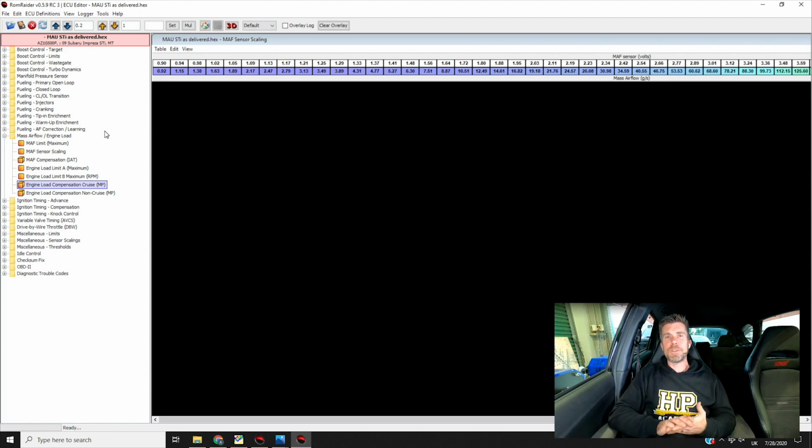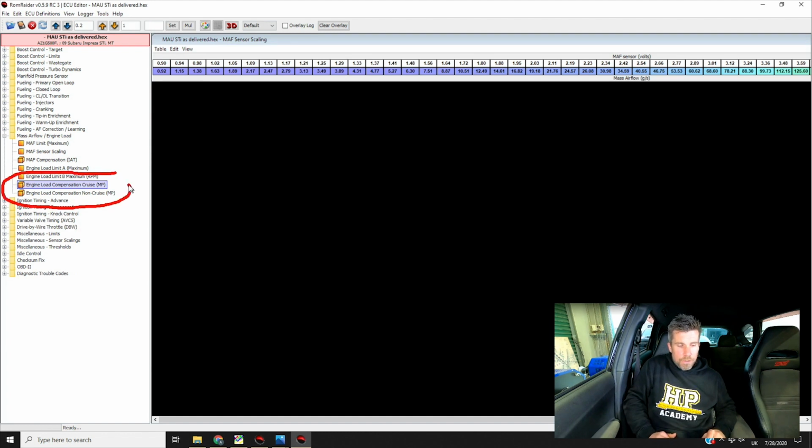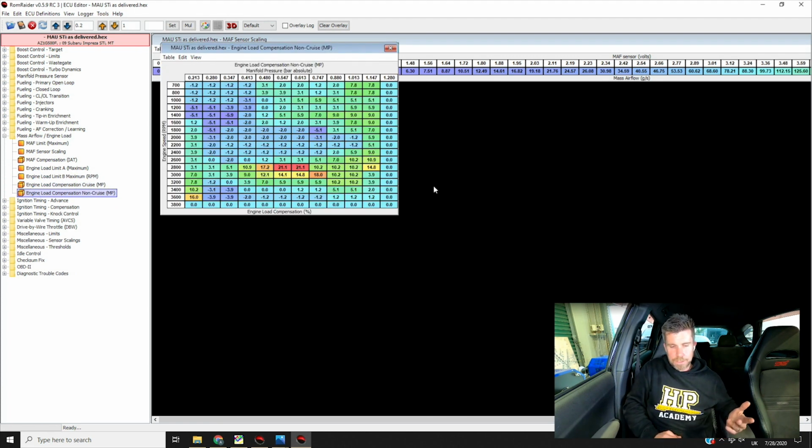So in Subaru's infinite wisdom, rather than actually fixing the root cause of this problem that has been in existence right from the early GC8s, unfortunately in the version 11 Subaru seemed to become worse, and this gets worse again with larger injectors. Instead of fixing the root cause of the problem, they just put a big old dirty band-aid on it, which is these two tables that we can see here, our load compensation cruise and our load compensation non-cruise. So we'll just open that table up, and what we can see here is a three-dimensional table this time.